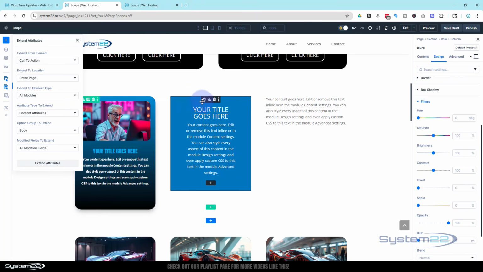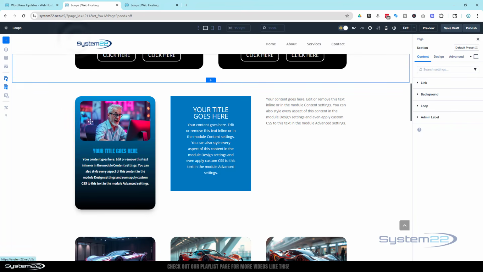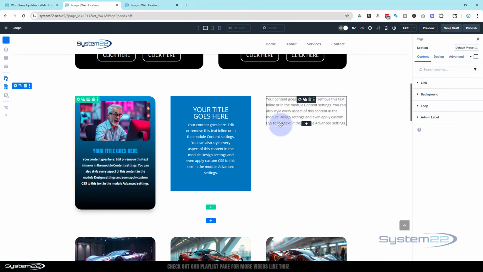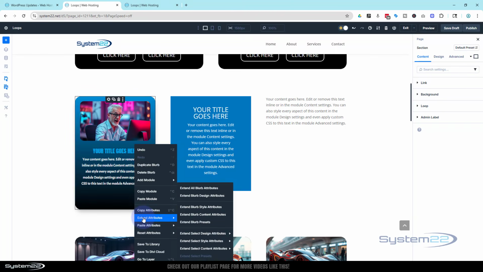Because it's a call to action module, it had that blue background anyway. But of course, let's get rid of this a minute. We can extend this to our whole page or just to this row if we want to. Remember, we've got a call to action module there and just a text module here. If I right click on this now, and we use the extend attributes this time, I'm going to say extend all blurb attributes